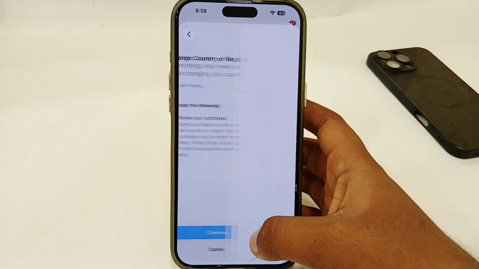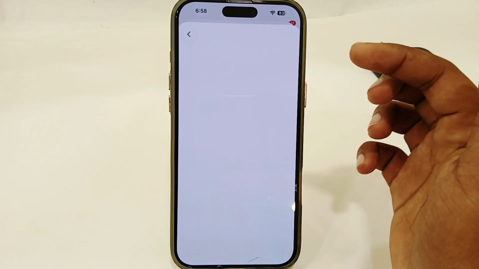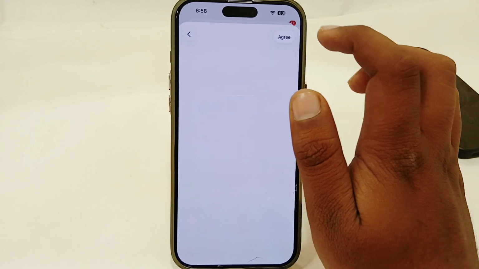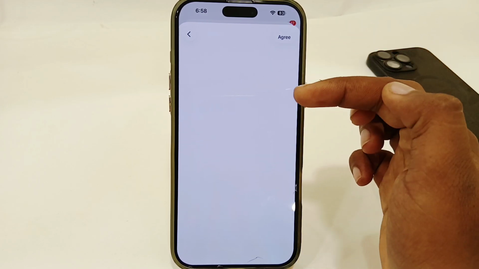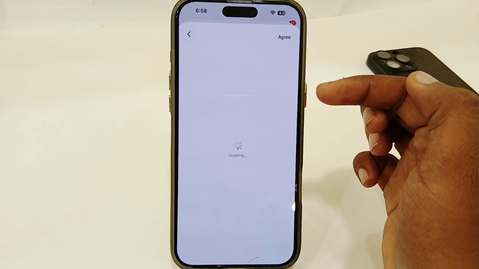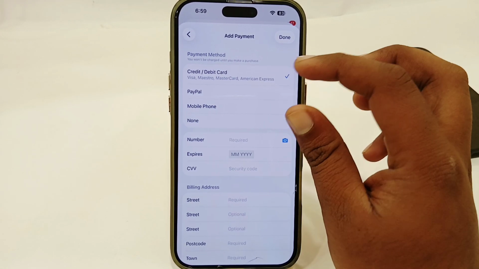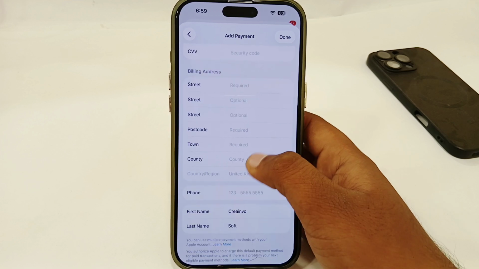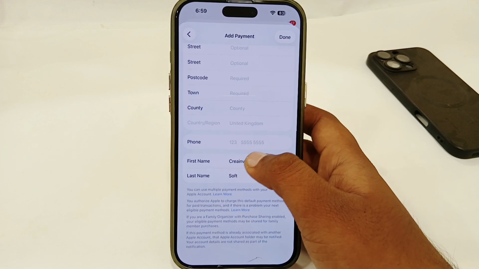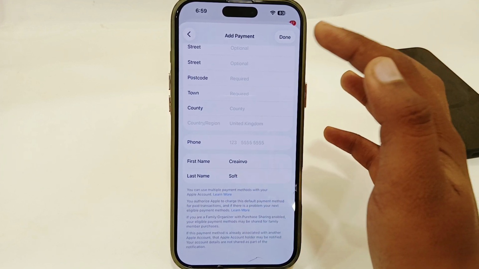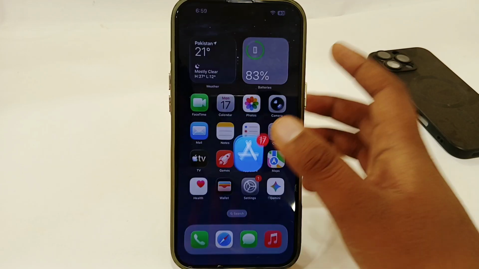Then tap on this continue option. Then tap on agree option in the top right corner. And here you have to add your payment method. So just add your payment method. Then add your billing address, your phone number, and your name. Once you have added all of these, just tap on done option in the top right corner